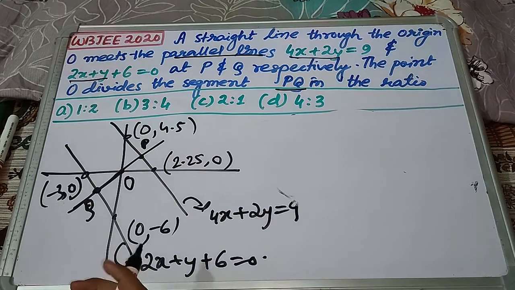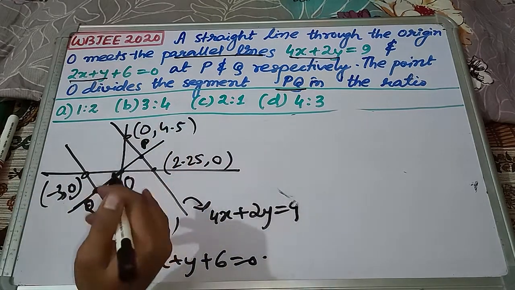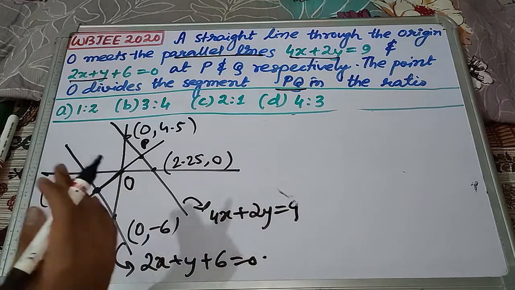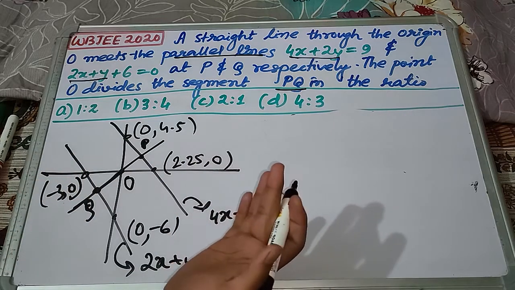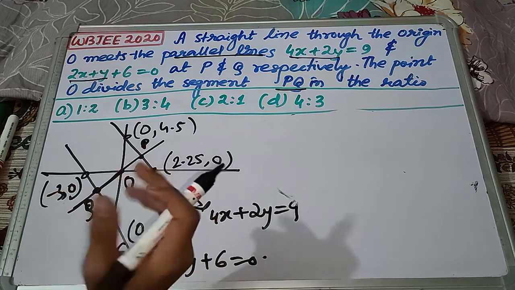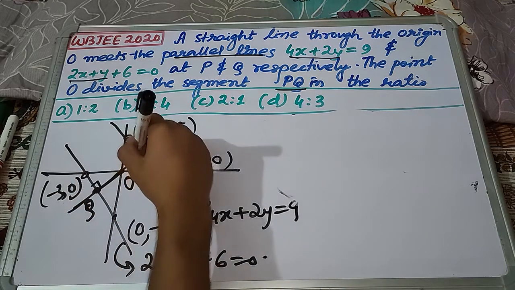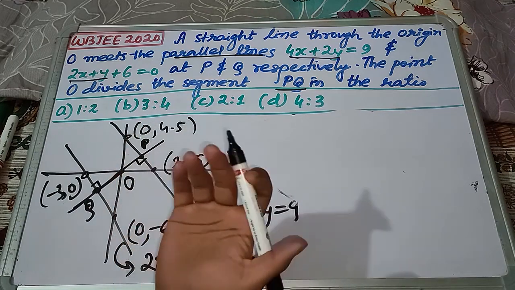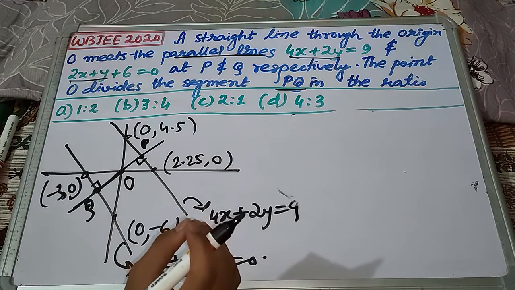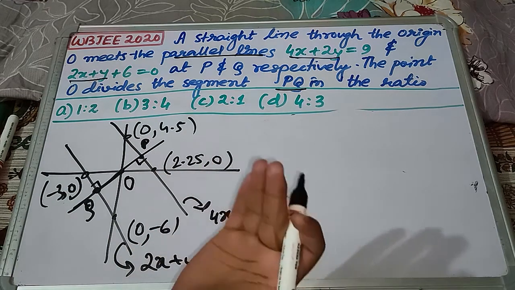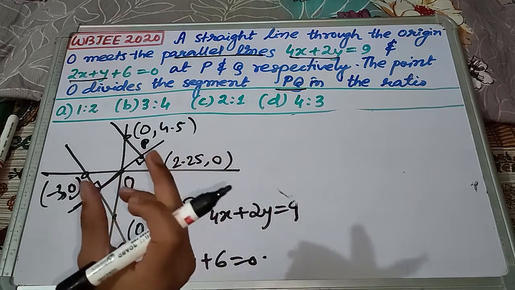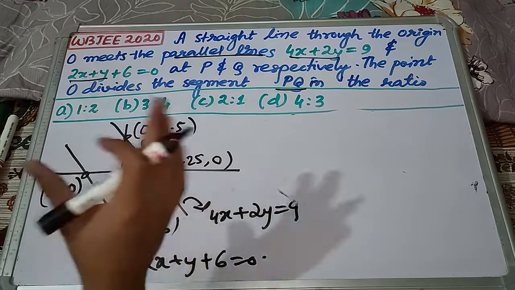Now what you can do is draw any random line through the origin, take any random slope and formulate a lot of equations and waste a lot of time. So the best way I can think of for this question is to draw two perpendicular lines. I think even the question setter kept this in mind, because this will help us reach the answer fast, and the question will also check our concept, that we know how to find the distance from a point to a line.